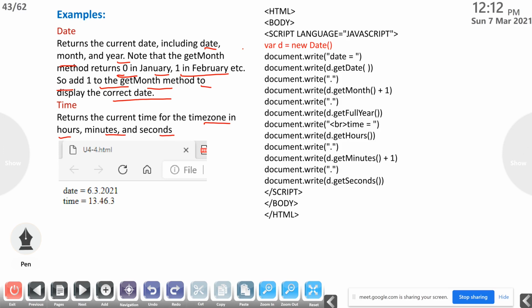Here one example: var d equal to new Date function. Created an instance of the Date object, that is d. So document.write date equal to, it will print date equal to. Then document.write d.getDate function. So it will print today, it will print 7.